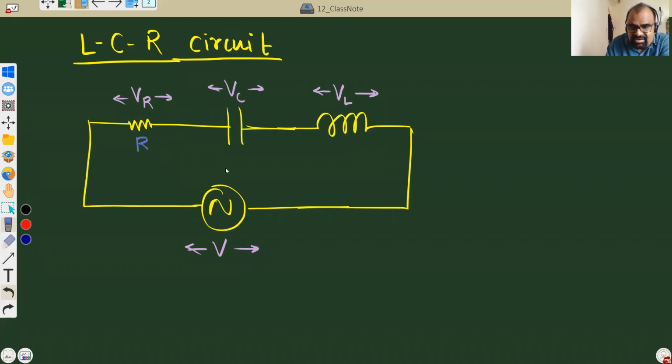So this resistance is R, capacitance is given, but whenever capacitance is given, we will find XC. You know, XC is 1 by omega C, and omega is 2 pi f, which most of the time is 100 pi, because most of the time frequency is 50 Hertz. And instead of writing L, I will write XL. XL is omega into L. And then a current I is flowing in this circuit. Now how to draw phasor diagram?